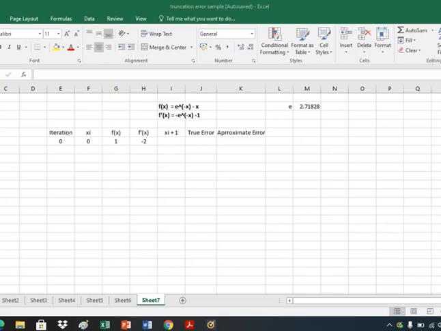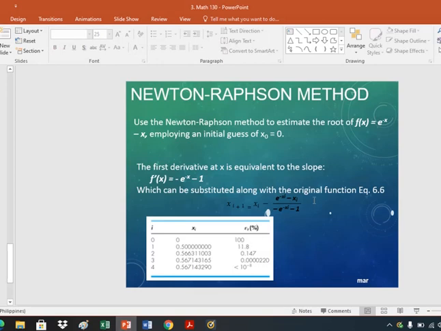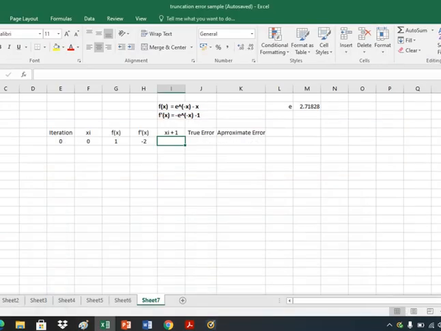Now we'll use the Newton-Raphson formula to compute the value of x i plus 1. So that is equal to x i minus f of x divided by f prime of x i, the first derivative, so the value is 0.5. So we add 2, okay, 3. Okay, by the way, the true value of the root,